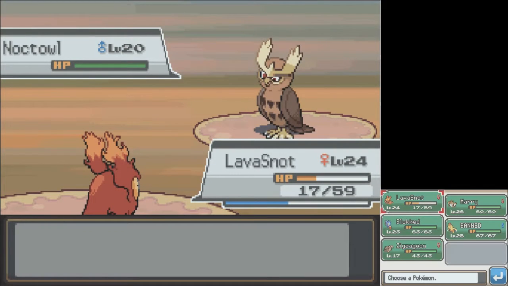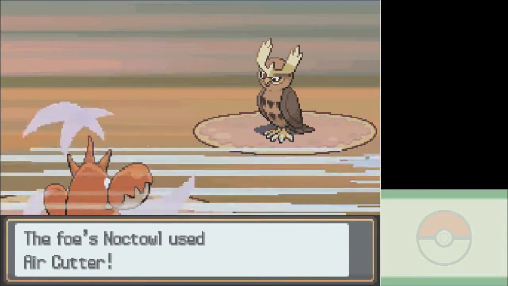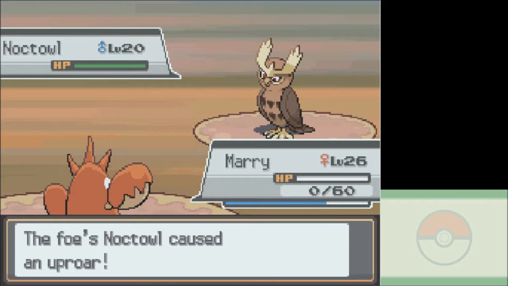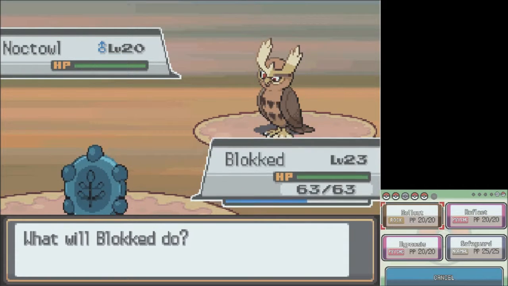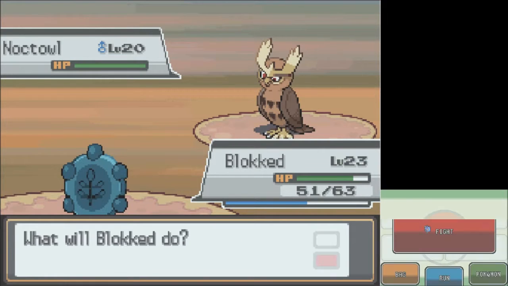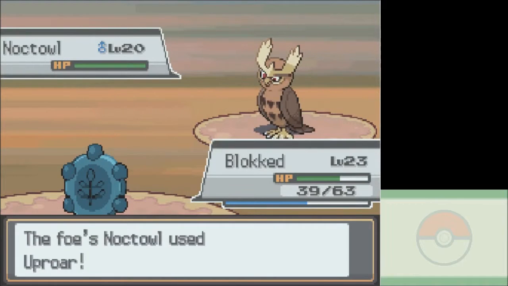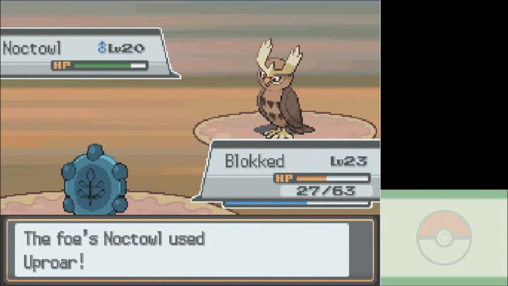Okay. Well, we're going to switch out, because I don't think I can take an attack from Noctowl. Not at this low health. Dang! Noctowl's got some powerful special attack. Oh. And of course I have Reflect on this thing instead of Light Screen. I got Reflect instead of Light Screen because I'm going to be using this against Whitney, and I have Safeguard obviously because Whitney likes to use some really annoying...